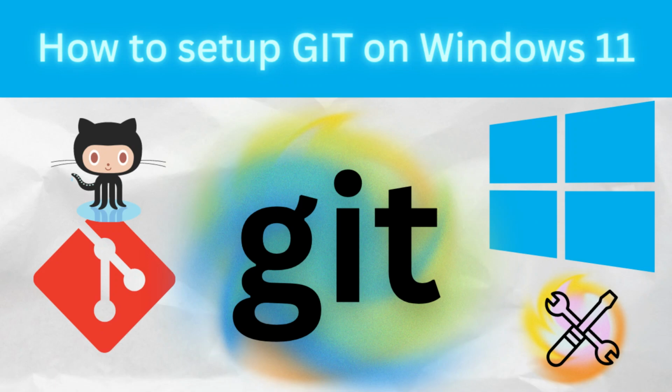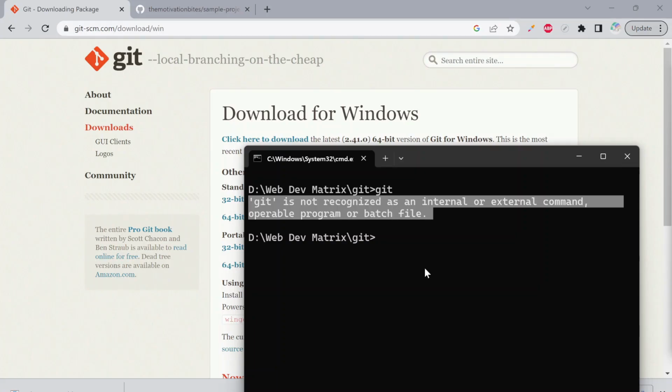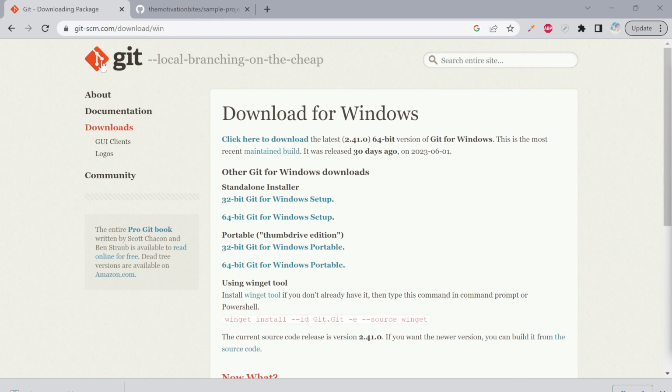Hey everyone, in this video we'll see how to download and install GitHub on Windows 11. So I'm getting this error since I don't have it installed. So we have to go to this website